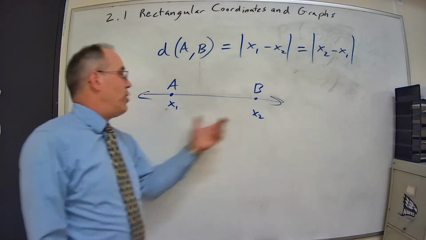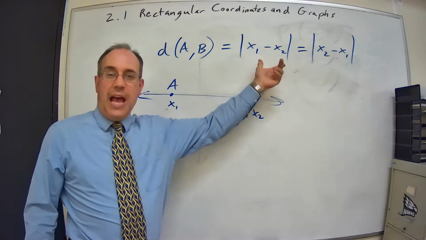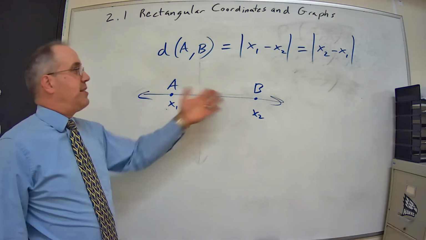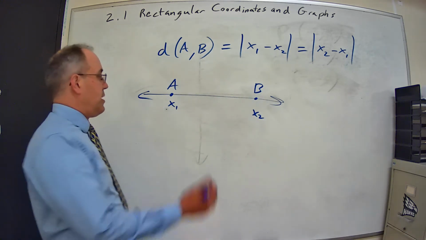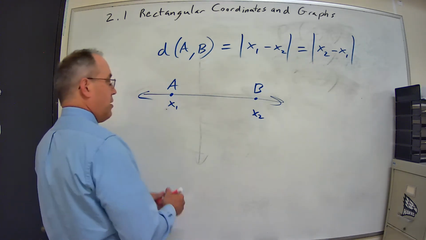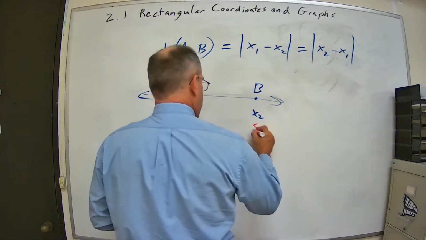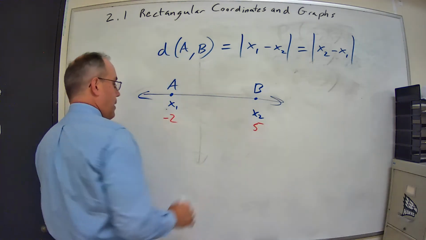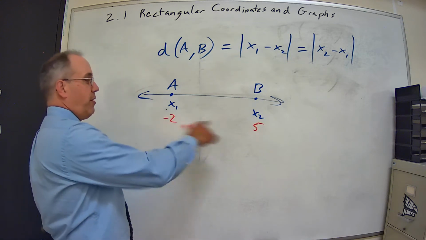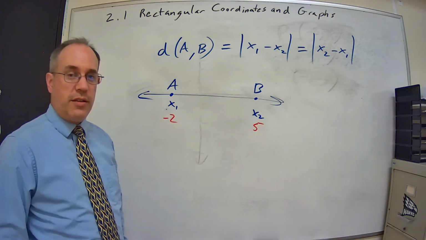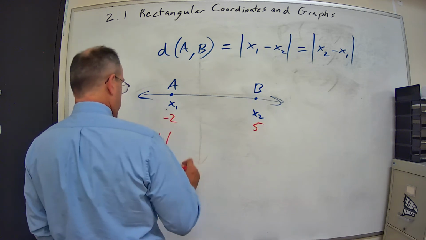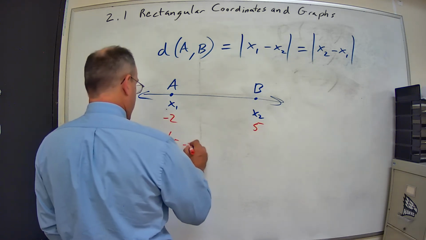So it doesn't matter which one you start with, since we're going to take the absolute value of the difference anyway. So let's say we switch to red here just to mix it up a little bit. Let's say this is 5, and that's negative 2. And we want to find the distance between these. Then the distance between 5 and negative 2,